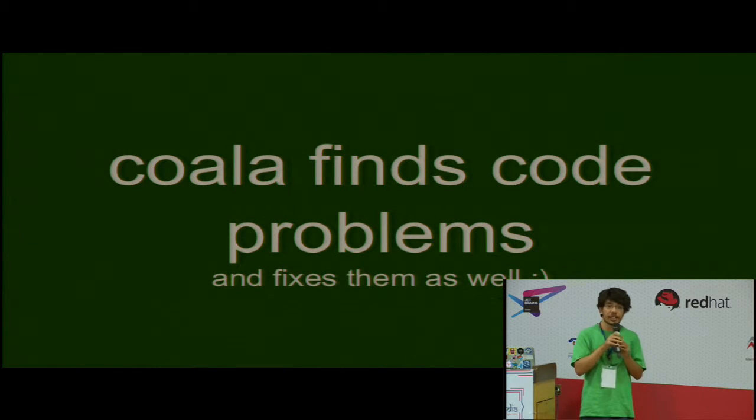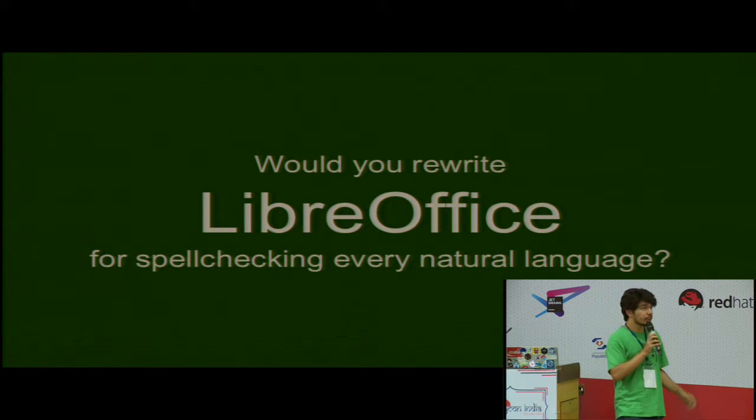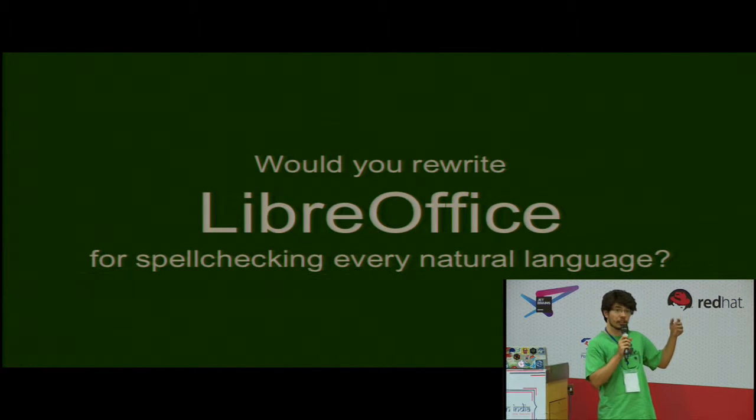So what are these tasks? What does it make convenient? Say, suppose you want to support spell checking for all natural languages on LibreOffice. Would you sit down and rewrite LibreOffice? No, right? You would resort to something like plugins. Now with so many editors, I'm sure everyone uses different editors here. Everyone has their own preferences. Would you write a plugin for